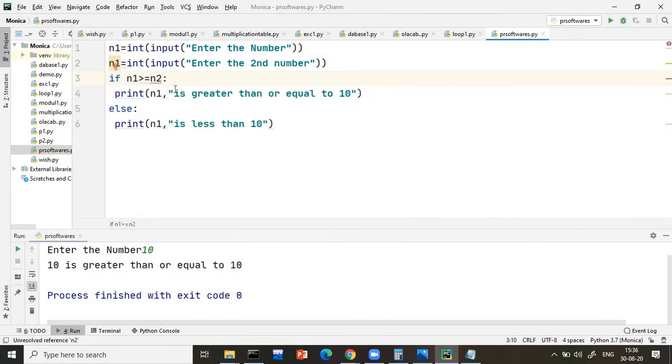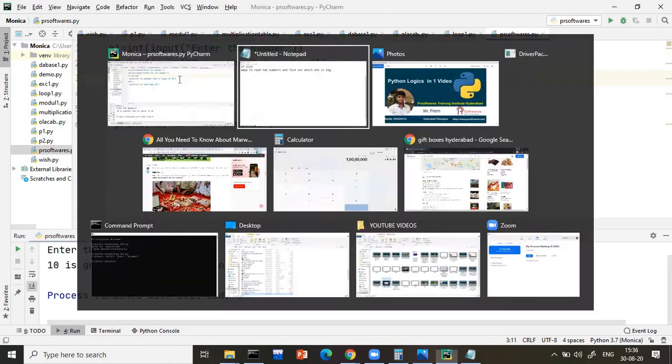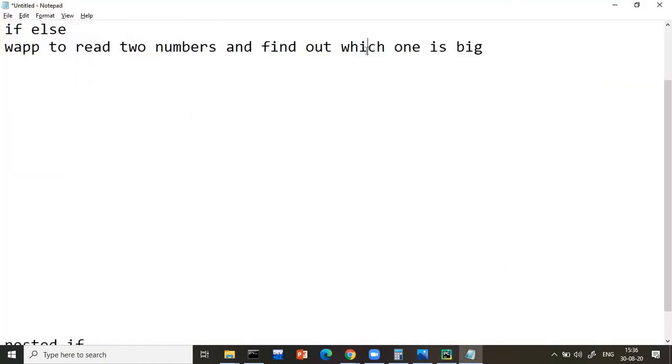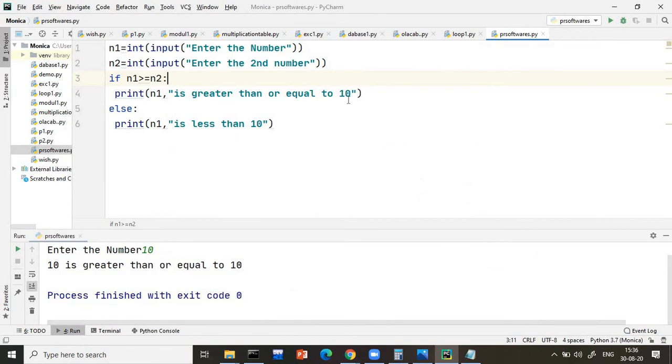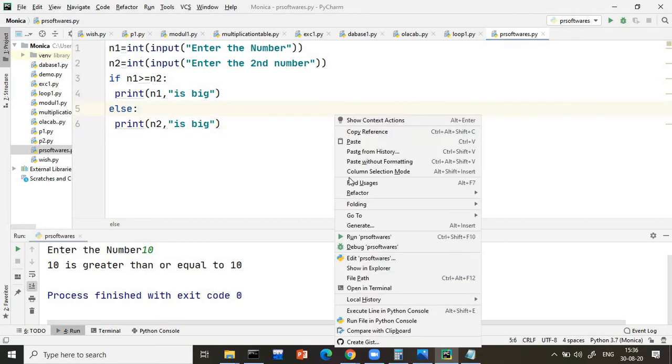Very clear, guys. As per my program, the message says that you have to print which one is big. So I can't write it is bigger than or it is smaller than. We have to write n1 is big, because the message says only print the big value. Or you print n2 is big. Don't write n2 is lesser than or something, because my message says I have to print only big.